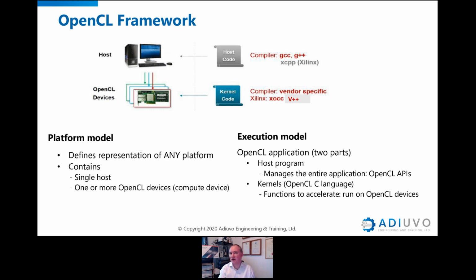Maybe that's GCC or G++, because it's just pulling into the APIs. If we're using Vitis, we use the XC++. But the kernel is developed using really specific vendor-specific compilers for that particular accelerator. So in this instance with Vitis, we're going to use the V++ compiler to compile the elements for the programmable